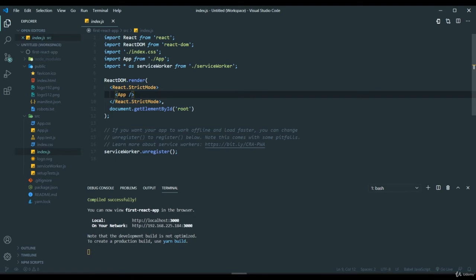You can give only one tag inside the render method, and then you have to mention the ID of the element where this entire virtual DOM has to be placed. This is just a virtual DOM which allows you to work in development mode. But when you take your website to the next level, that is production mode, you can't work with the virtual DOM; you have to move it to the general DOM structure. That is why we mention document.getElementById and the name root here. This is basically how JSX works.